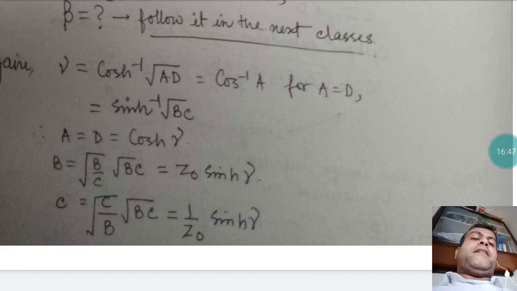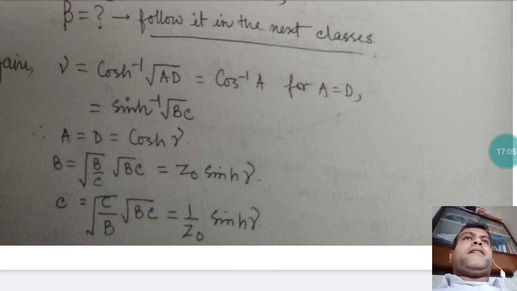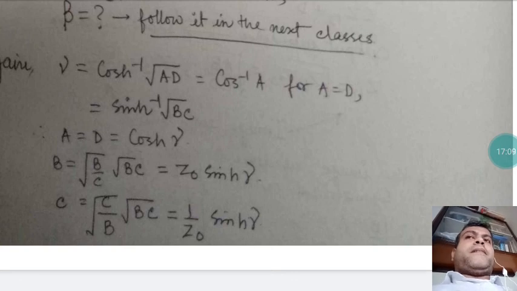That final ABCD network can easily be converted to Z parameters, and Z parameters to Y parameters, like different two-port parameters if you are using them. So obviously you will get the input impedance, the output impedance, the T matrix, and the pi matrix. T and pi filters are frequently used in our filter processes, in passive and active filter propagation. Basically in the passive filter we use such types of things.